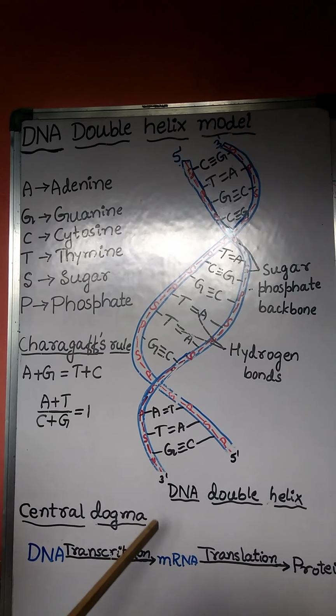But in some viruses, the flow of genetic information takes place bidirectionally. That means transfer of genetic information from mRNA to DNA, the reverse. That is called reverse transcription. Reverse transcription is nothing but the flow of genetic information from